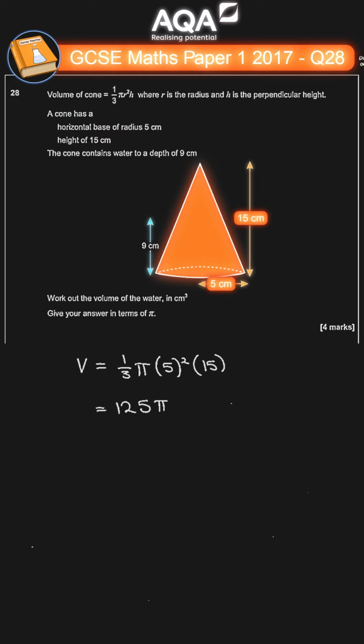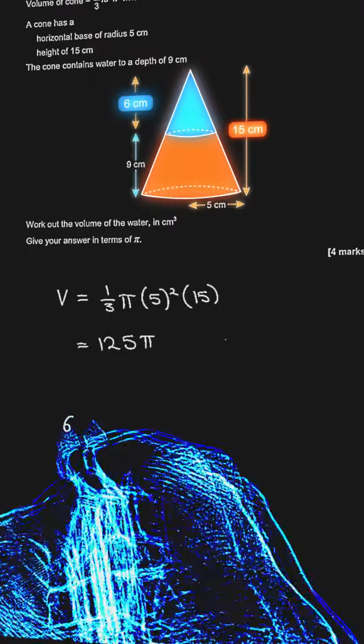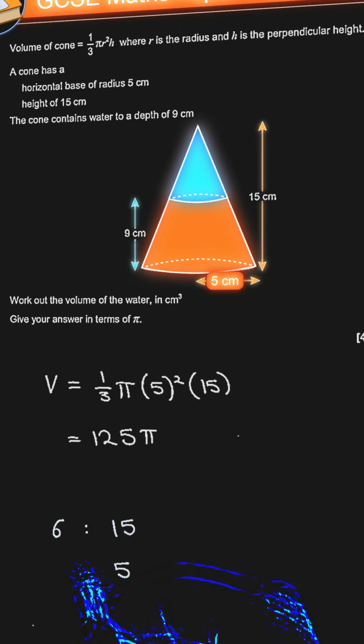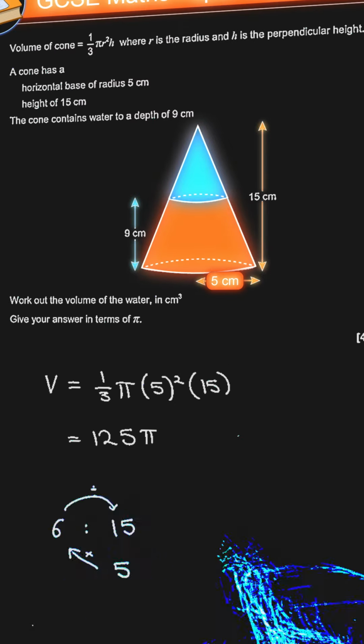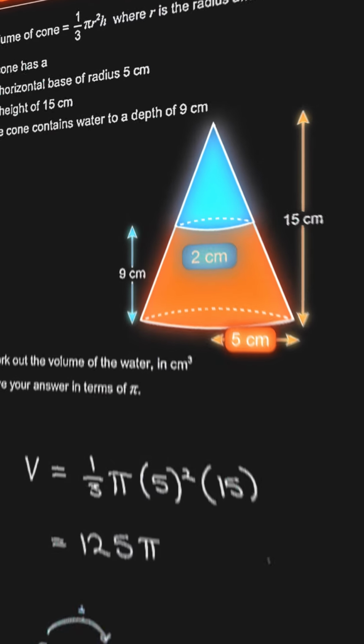Since the cones are similar, the ratio of the heights and radii will also be proportional. So the ratio of the heights between the smaller and larger cones is 6 to 15. The radius of the larger cone is 5 centimeters. So if we times up and divide across, we figure out that the radius of the smaller cone is 2